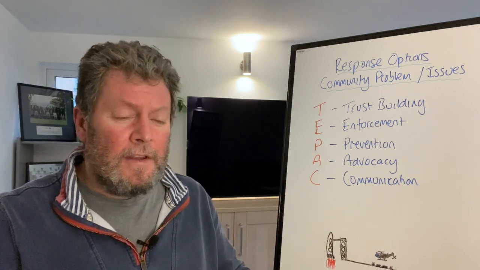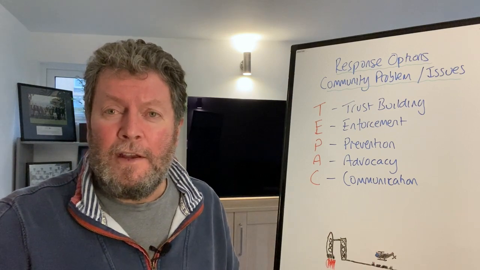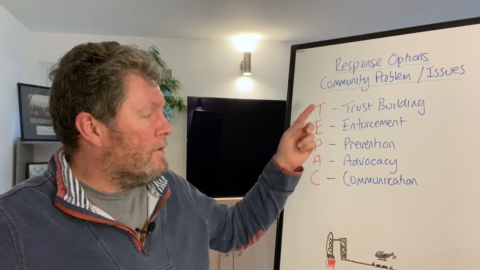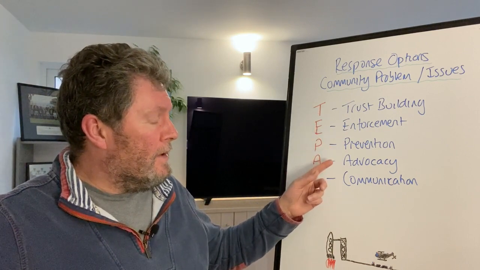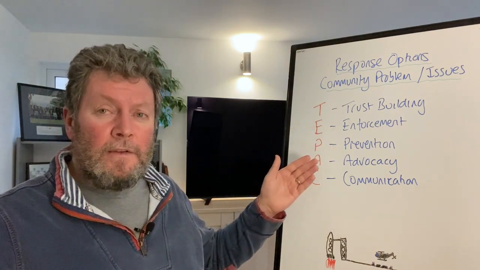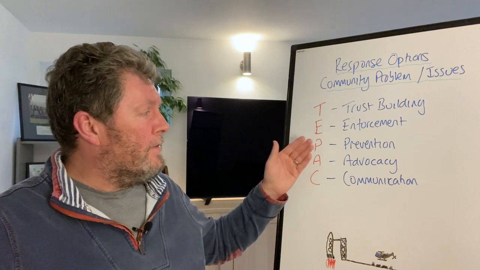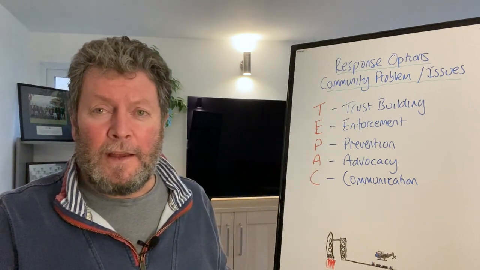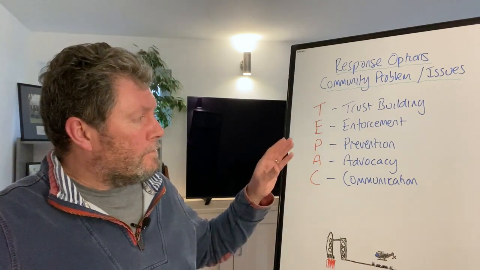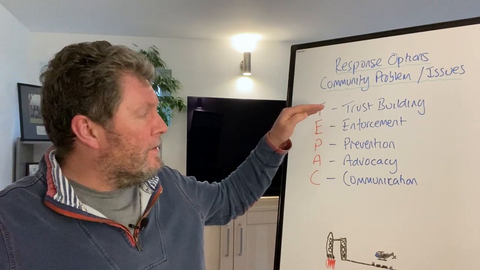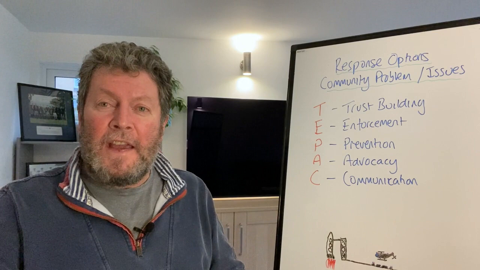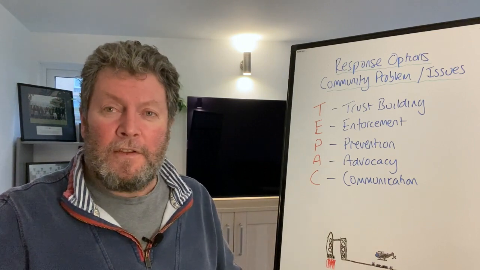Anyway, one of the things we had to do was draw all of that group together, because a big part of what we did was about prevention and trust building in the community, advocacy in the community, and communication. That's what TEPAC stands for. So with any enforcement, I always try to make sure that we did some trust building, prevention, advocacy, and communication at the same time. More about what each one of those means in a moment. And it's not like a list where you do trust building first and then enforcement second and prevention third. No, it doesn't work like that. This is just things to consider whilst you're doing the response part of problem solving.